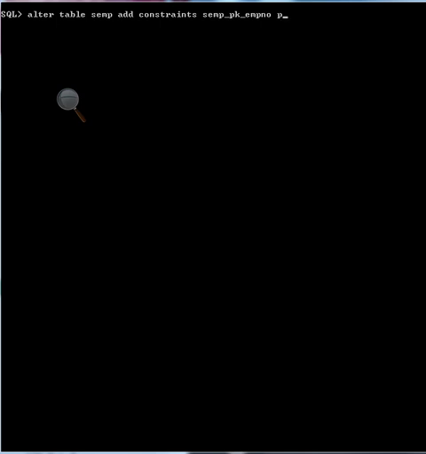And I want to give primary key on the table. Write the name of the column inside small parentheses, emp number, enter. Okay, table has been altered.